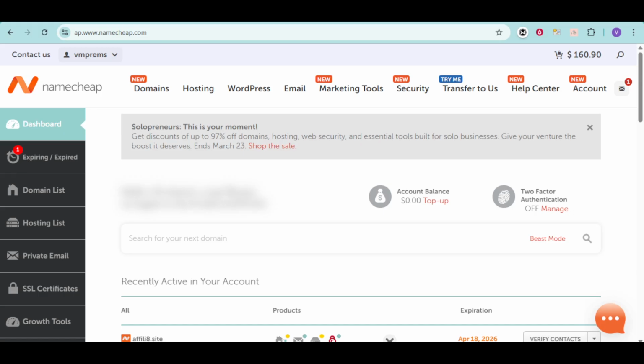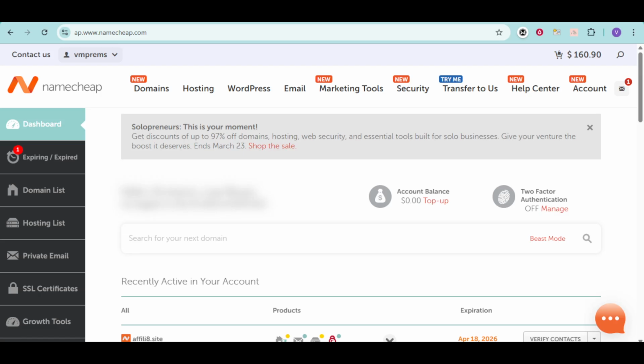You've already set up your site in Cloudflare, added your domain, and Cloudflare has given you two name servers. They usually look something like example.ns.cloudflare.com and another example.ns.cloudflare.com. These are unique to your domain, so make sure you have the exact pair Cloudflare showed you ready to copy. Now, our goal is to tell Namecheap to stop using its default name servers and instead use the Cloudflare ones. This is what effectively points your domain's traffic through Cloudflare, allowing you to use their DNS, security, and performance